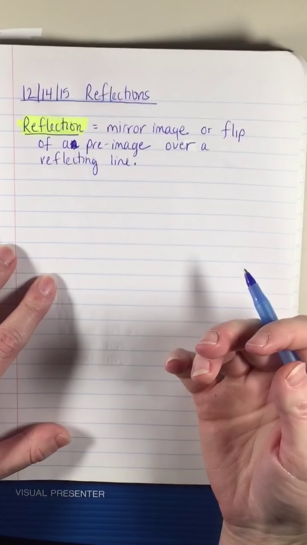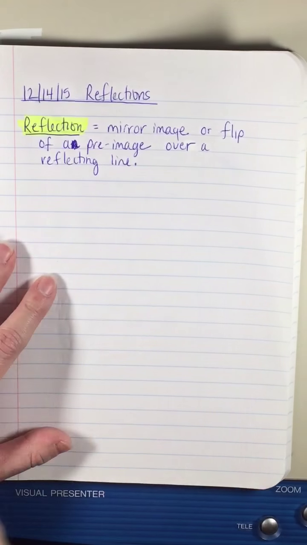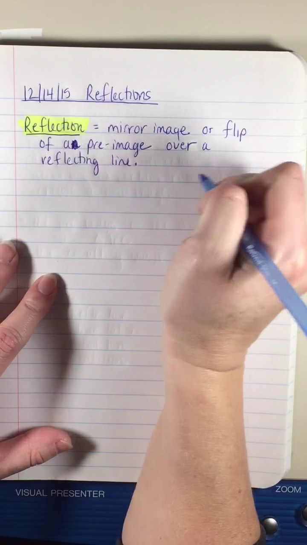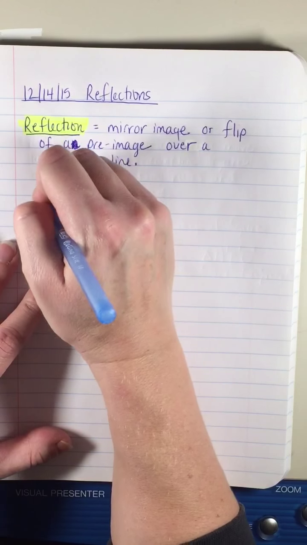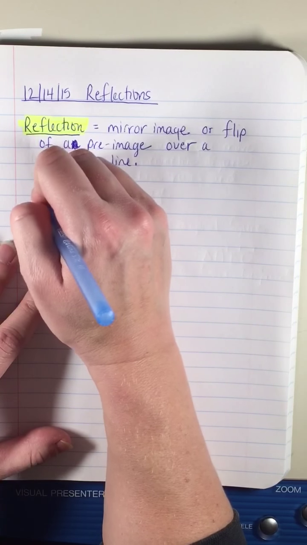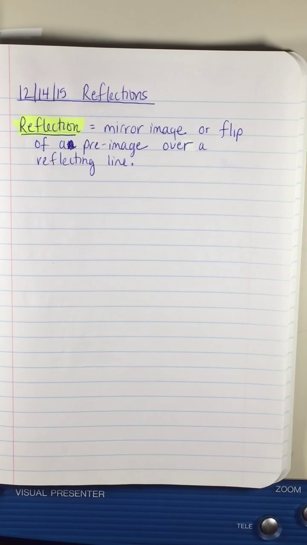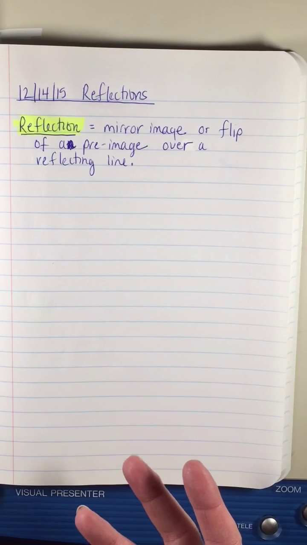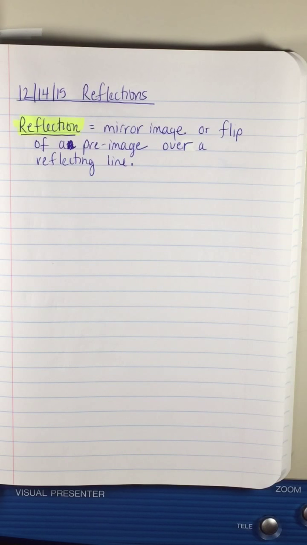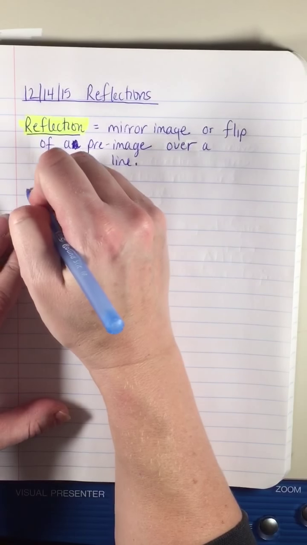So the reflection is the image that we get. So remember, we have our pre-image is what we start with, and the image is the changed or reflected picture. So there's some notation that we need to make sure that we know when it comes to reflections. Okay, so